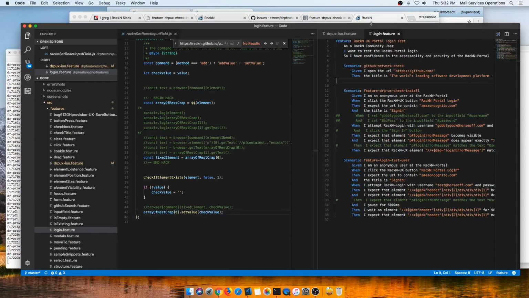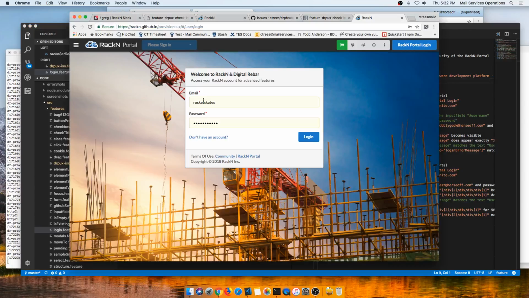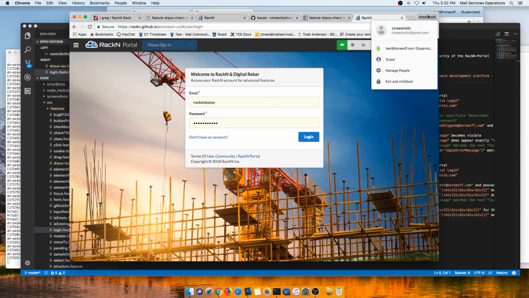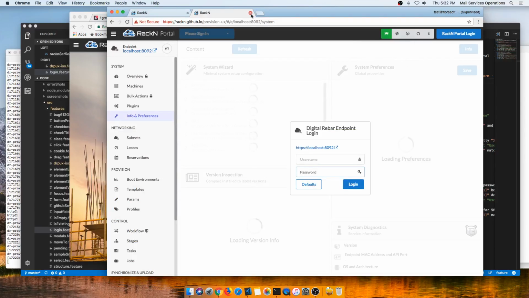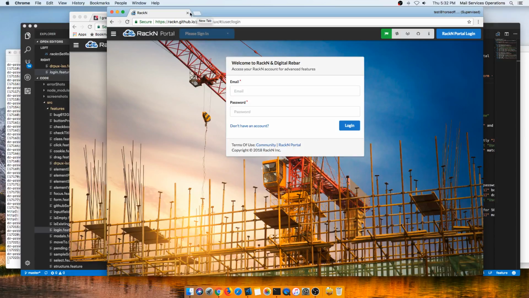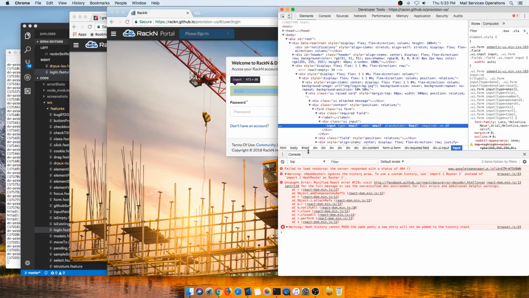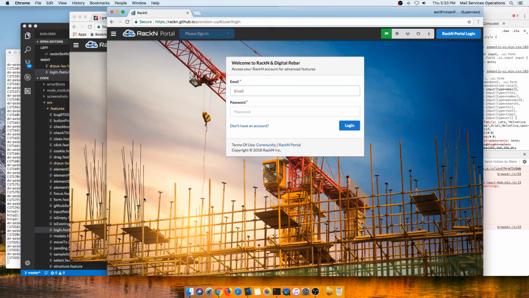Anyway. Let's see if I can. Well, let's just do this. I'll go to the testing guy. Maybe it was because I had him up here before. I don't think so. I think something changed, didn't it? Yeah, I can't get to that user portal anymore. Well, what is this element? Inspect. Oh, well,